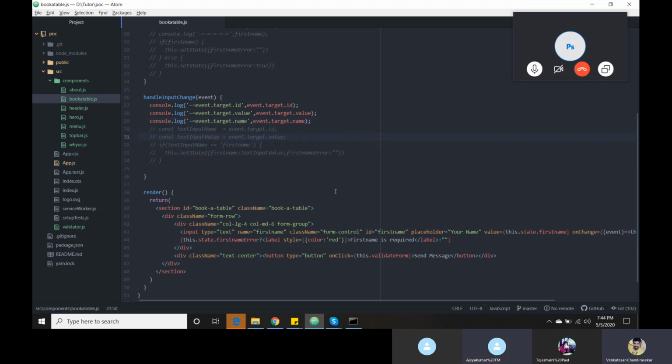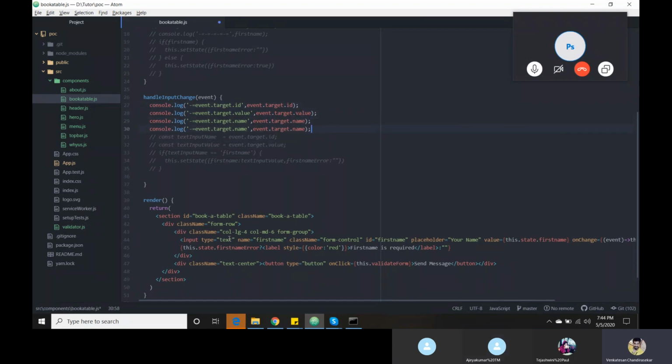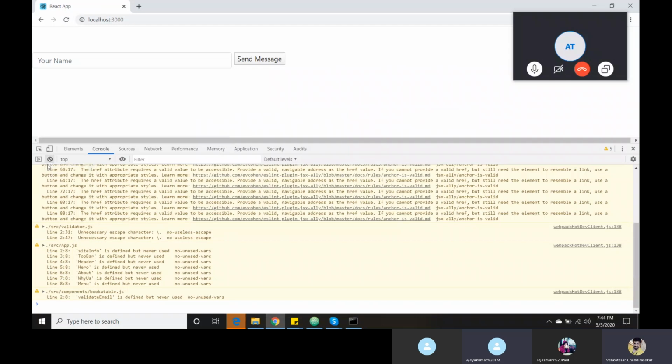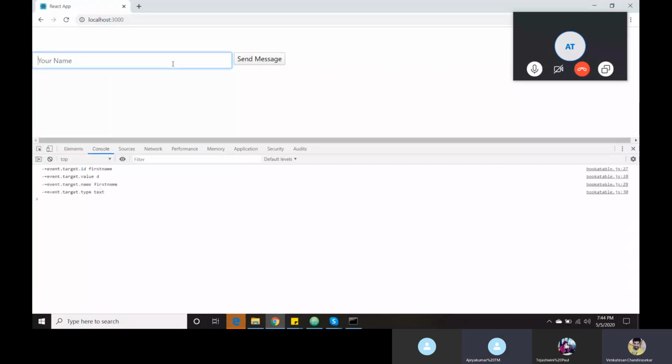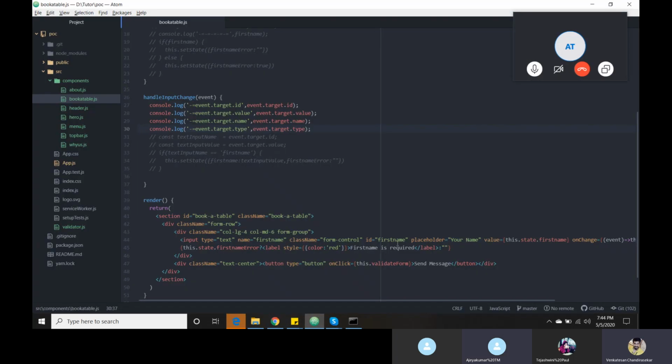The sense is I am getting the corresponding entered ID, value, name, and also the type. Now you will understand. ID is first name, value is what I entered, the name is first name, and the type of text box is text. For your understanding I am making something collapsed value here.